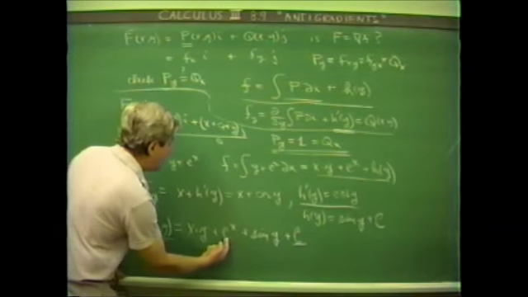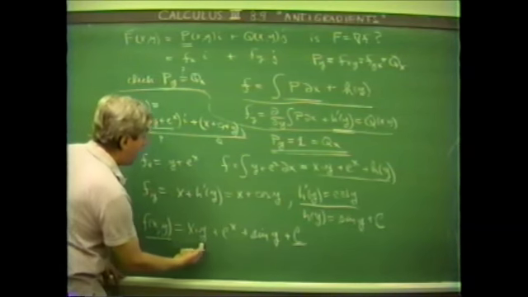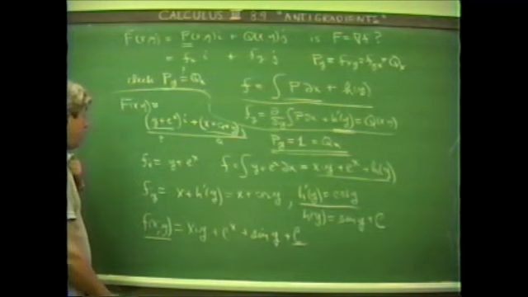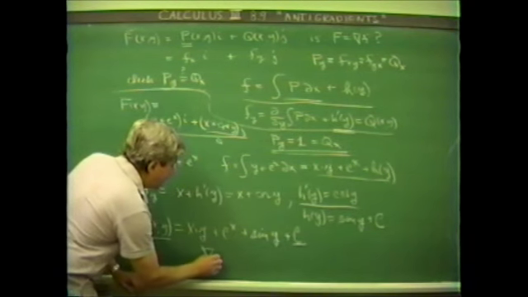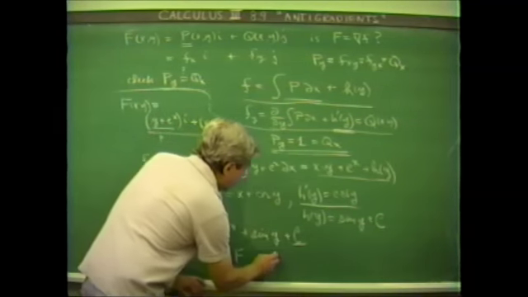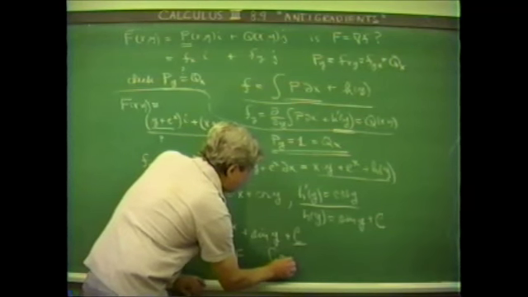It's y plus e to the x. There it is. What's the partial with respect to y? It's x plus cosine y. There it is. So we now have found an f so that the gradient of f is capital F. And this, of course, will allow us to anti-differentiate and to evaluate the integral of F dot